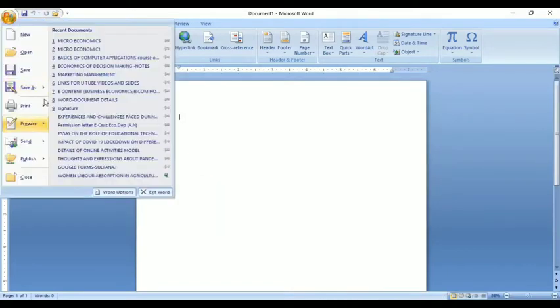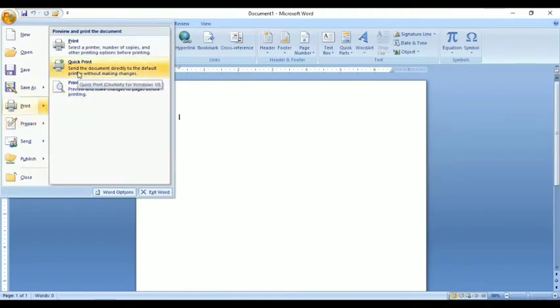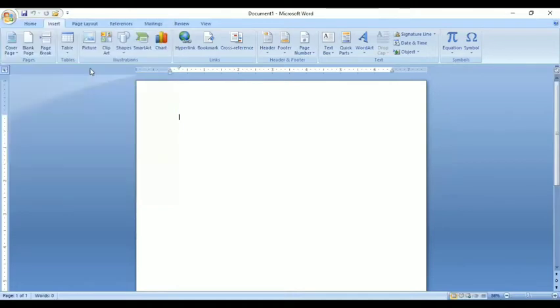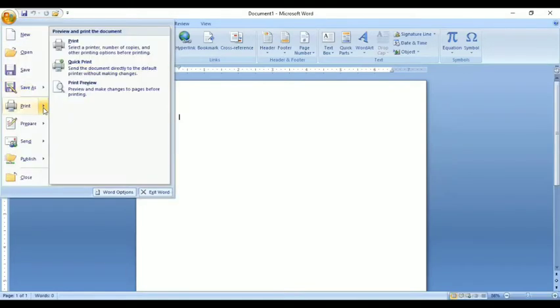The second option is quick print. You cannot make any changes; as it is, whatever you have typed, if you click this, it will just print. It won't ask any options, you can't give any options. Whereas here, this is customized print, you can change the options, how many pages, page numbers, like that. Here you cannot, it won't show any option, directly it will print.